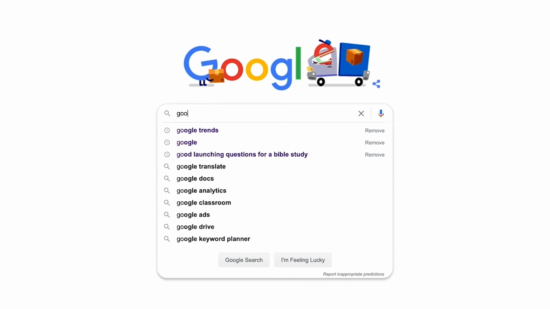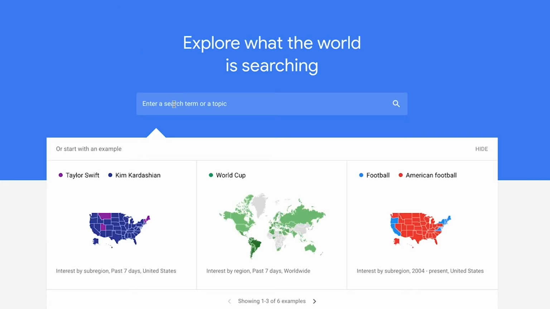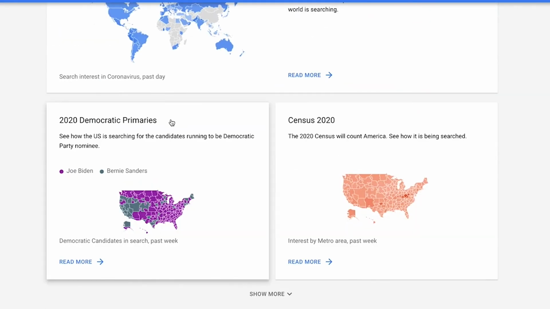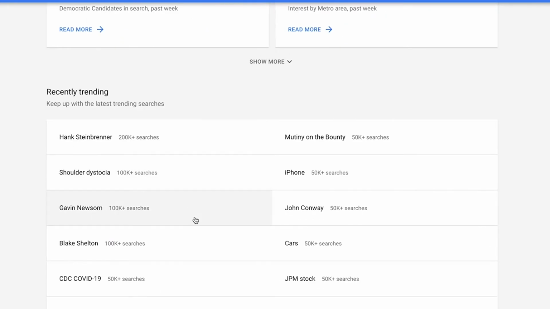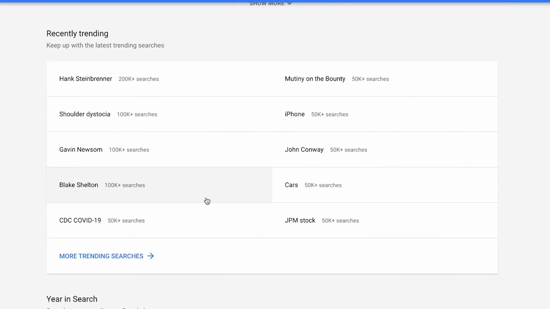We're just going to type in Google Trends. That takes us to Google Trends. It should be the first one. It's trends.google.com if you want to go straight there. But this is what it takes you to. It's essentially a similar Google style, but it's got more interesting stuff that people have been searching, obviously, over the past couple of days and weeks and months and years.